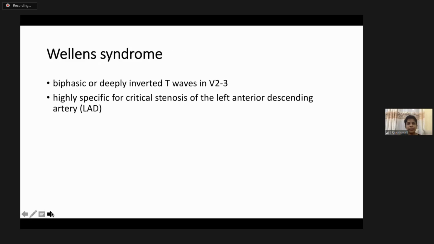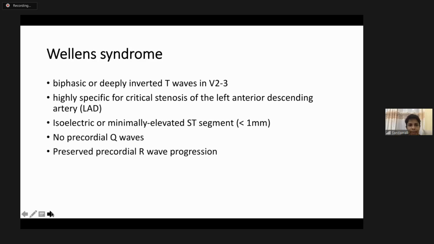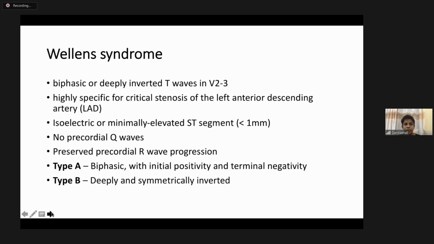Wellens syndrome, in ECG, you can see biphasic or deeply inverted T waves in V1 to V3. It is considered to be highly specific for critical stenosis of the LAD artery. It usually accompanies isoelectric or minimally elevated ST segment, and there are no precordial Q waves, and R wave progression is preserved. There are two types, type A and type B. Type A is where the T wave inversion is biphasic, and type B is where T wave inversion is deep